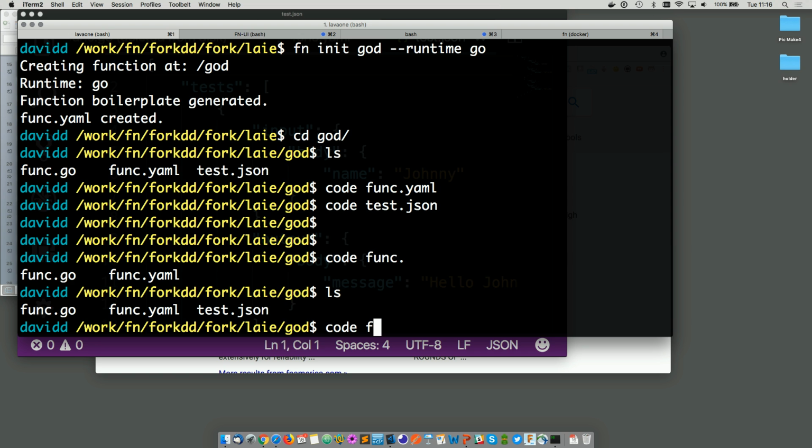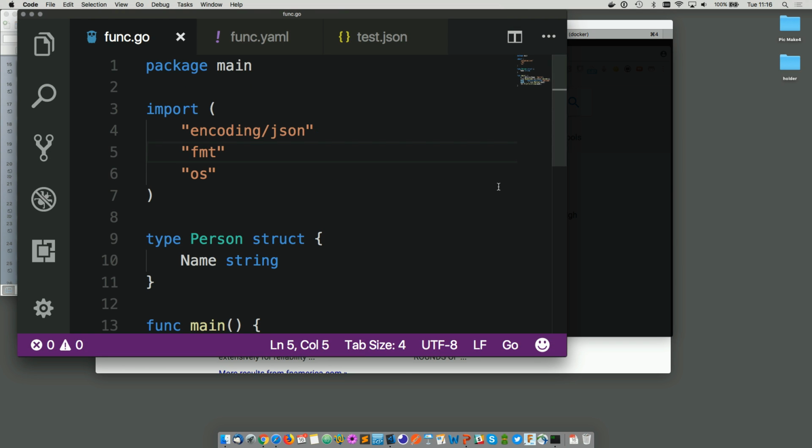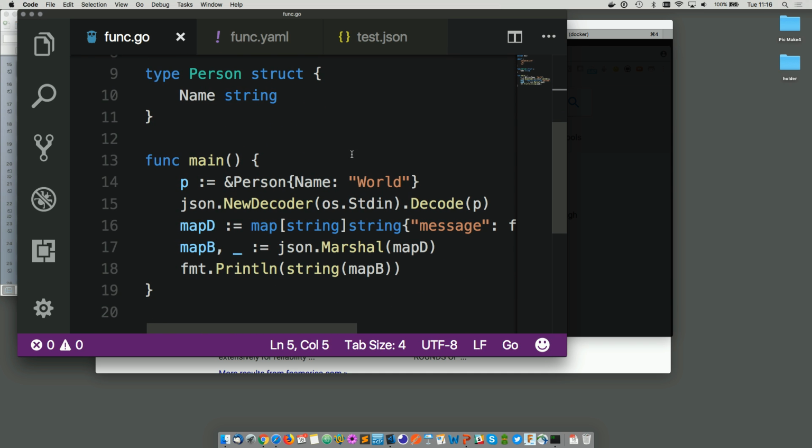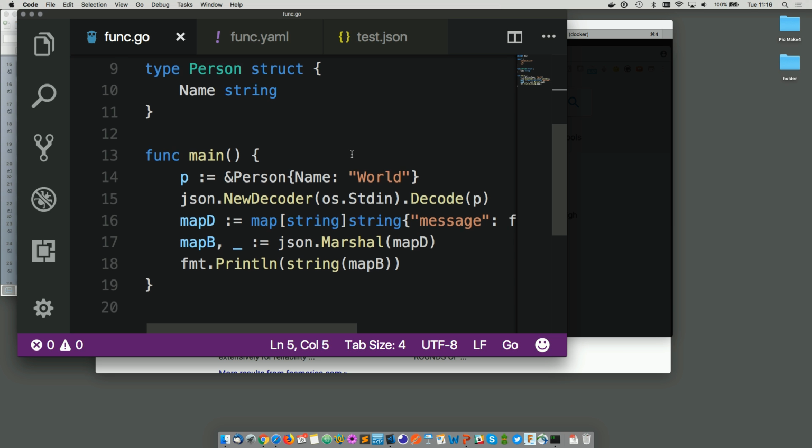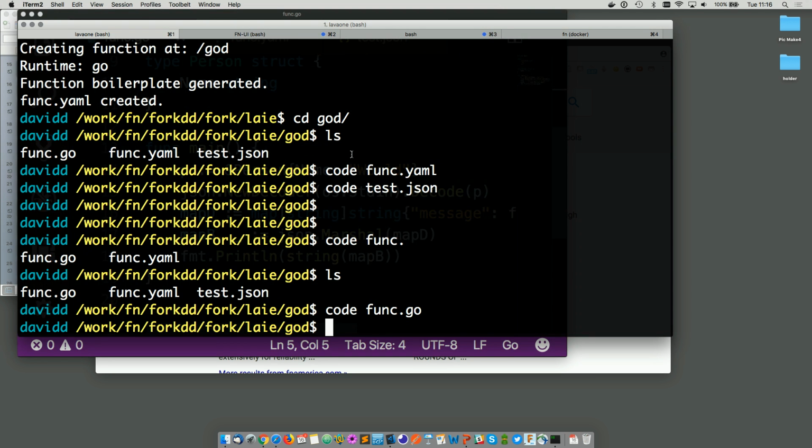Yep, code, func.go. It's a little bit different, but it's not very much more advanced. Basically it takes some incoming JSON payload and it just displays that, right? So it's a hello world again. So if I run it,